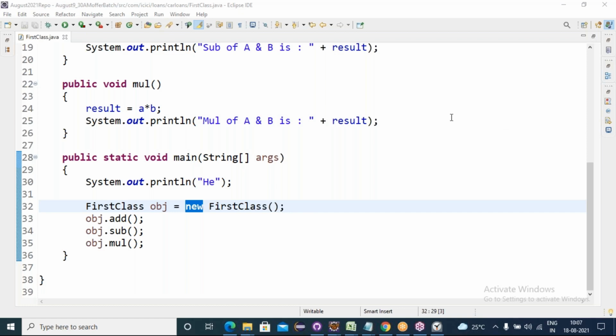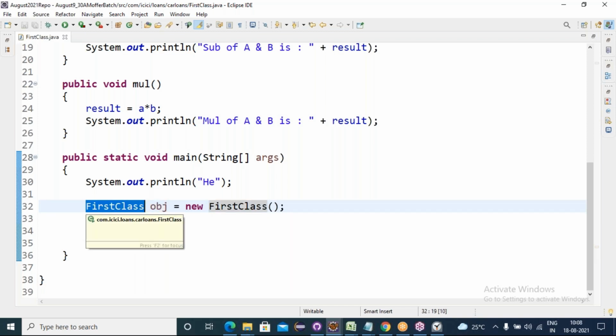Can you please come again and ask the question you asked? When you say you are using the keyword for memory purposes, is it mandatory that we have to use only new, or can any other keyword be used there? It's new only. New is a keyword which allocates memory. By default we have to use it when creating an object. Creating an object for the class is the new keyword and the class name of. This is a class object stored into one variable of the same class type. Got it?